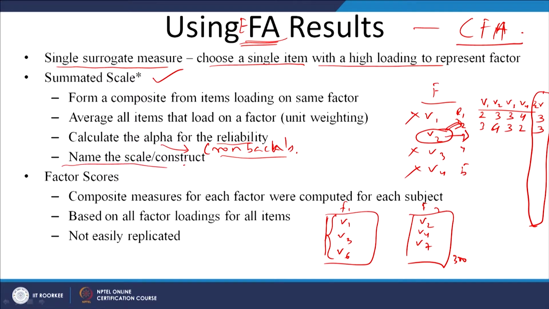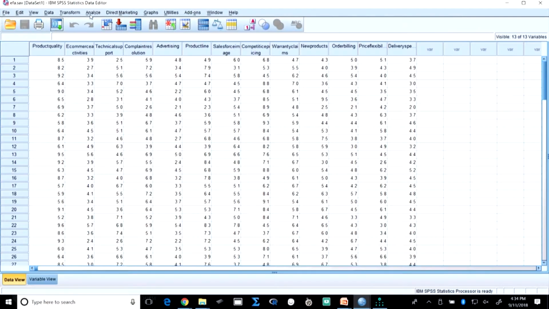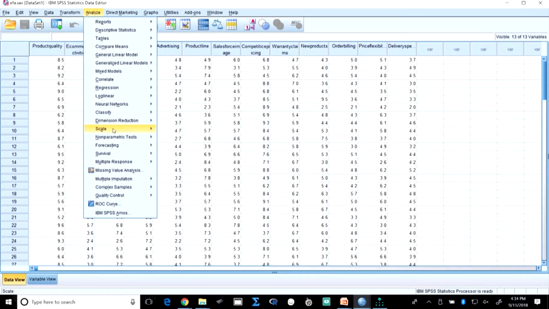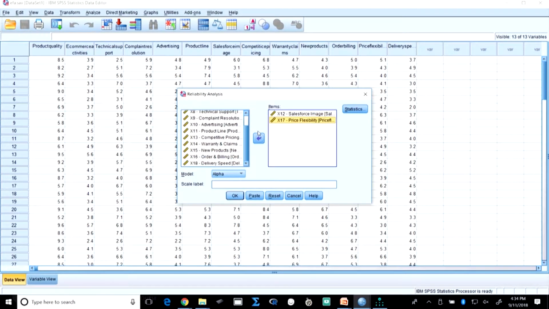Now, let me show you how to do the measure. Take one of these, for example 12, 17 and 10, let us remember this. So, we go to this file. How do you measure reliability? Go to scale reliability. So, we will take 12, then I think 17, and 10. Now we want to see the alpha.